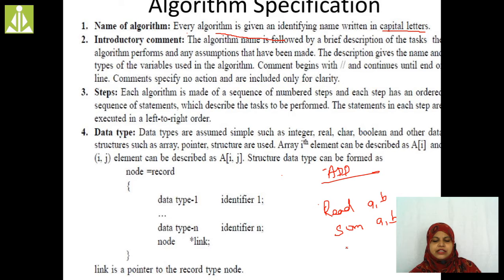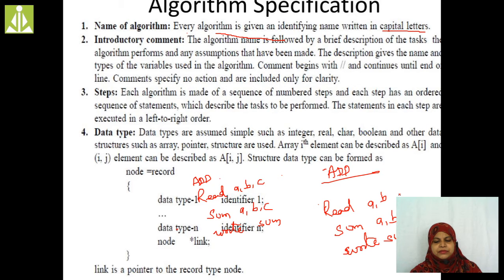This is the program for addition of two numbers. For addition of three numbers, in that case also, I write ADD, read a comma b comma c, then sum a comma b comma c, then write sum.